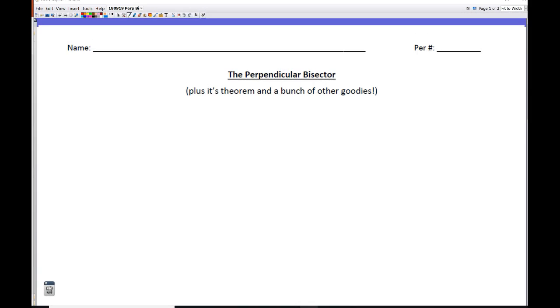So let's start with our note paper here for today. Just so that we don't lose anything, we make sure to get this back. First and last name and period number up top, please. Okay, we're going to title this paper